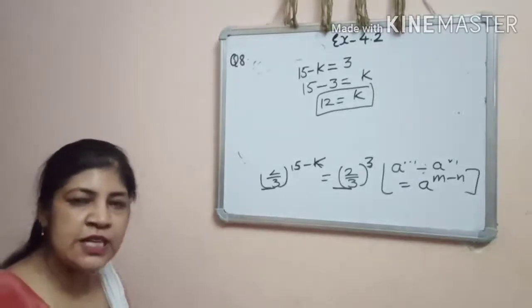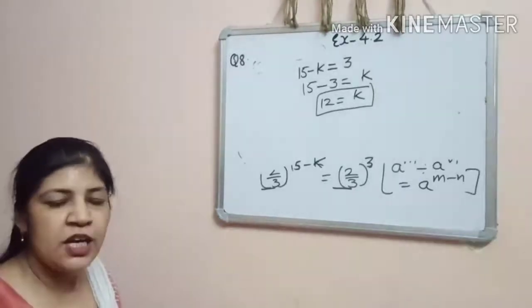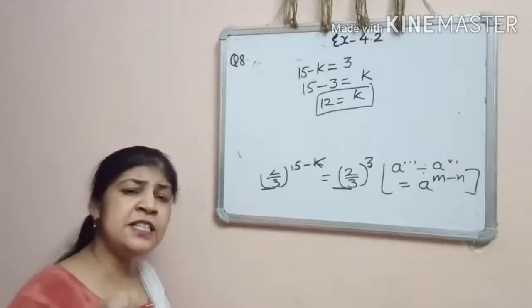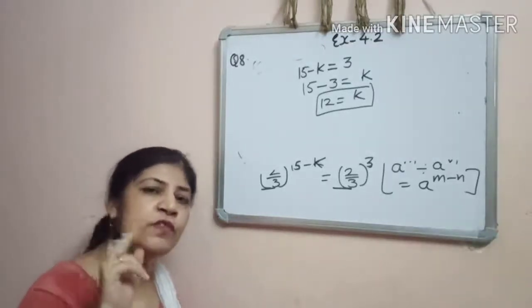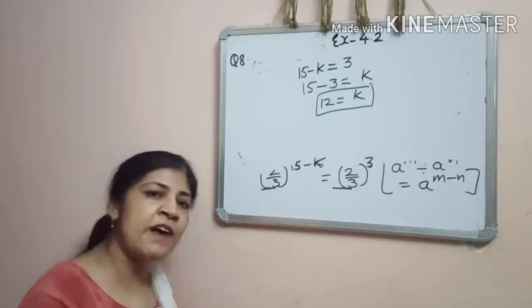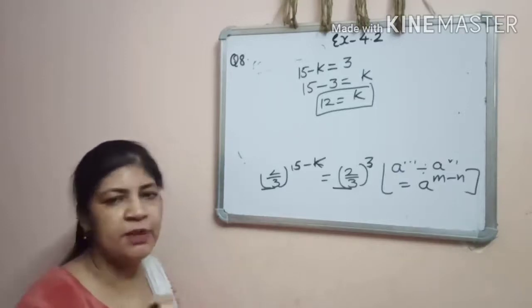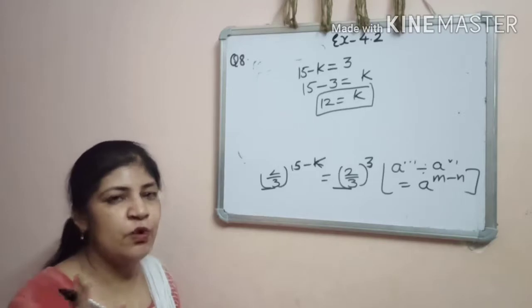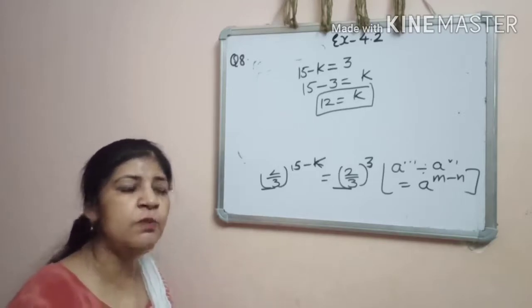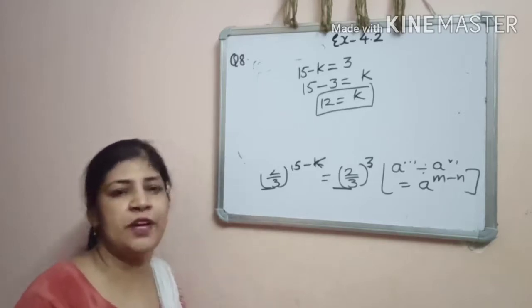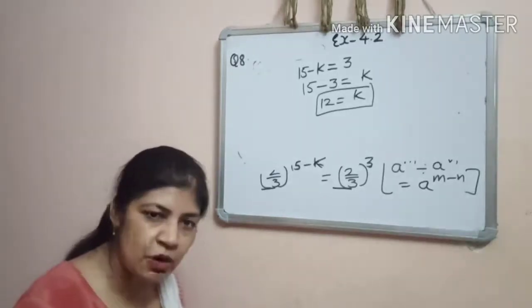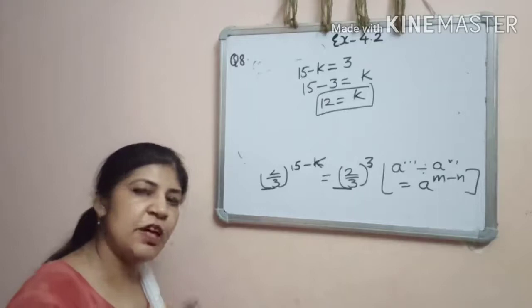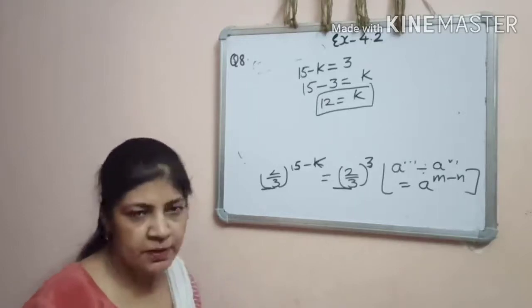So to solve such type of questions, if the power is in the form of variable and you need to find the value of that variable, so you have to convert each and every term in exponential form. And for converting in exponential form, you have to make the prime factors of that numbers, and by applying suitable law, you can find the value of that variable. Clear?